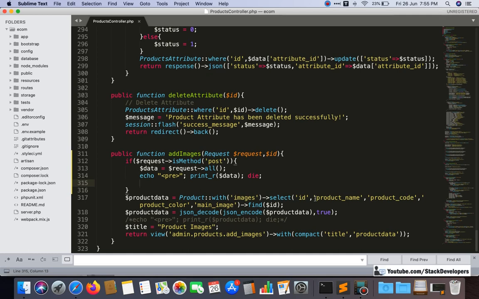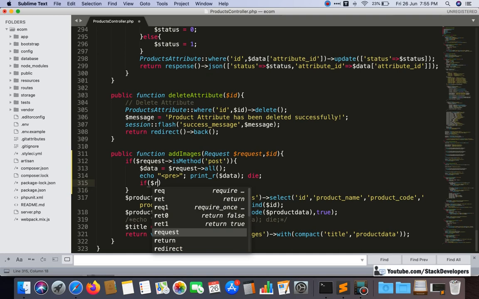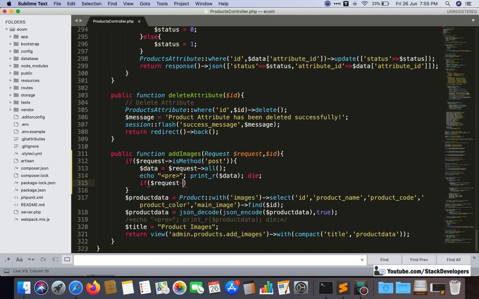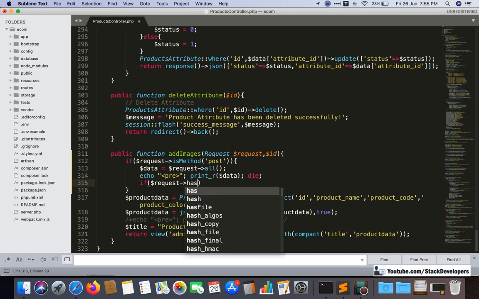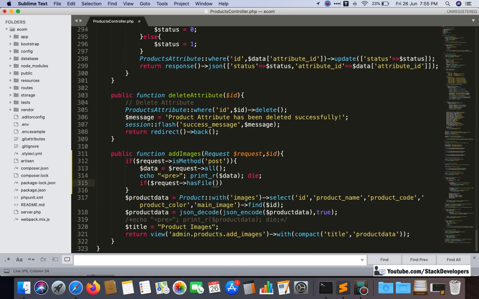Now we will add one condition. We are going to check if the images are coming up or not. We are going to check that the images are coming up with hasFile, and here the images will come up.